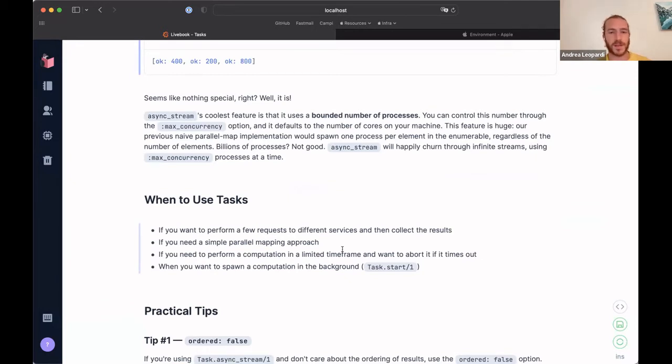If you need parallel mapping, never implement it yourself like we did, because that's full of bugs. Use something like Task.async_stream. Tasks are really good if you want to perform a computation that's limited, give it a limited amount of time, and then shut it down if it doesn't complete in time. And they're also very useful to spawn computations in the background that you don't care about, like for side effects,